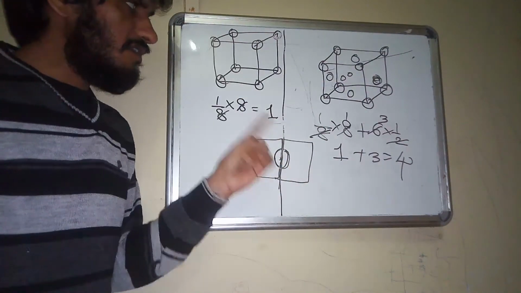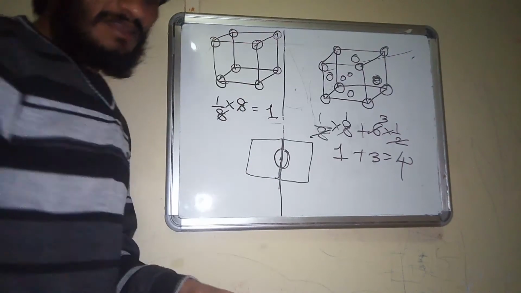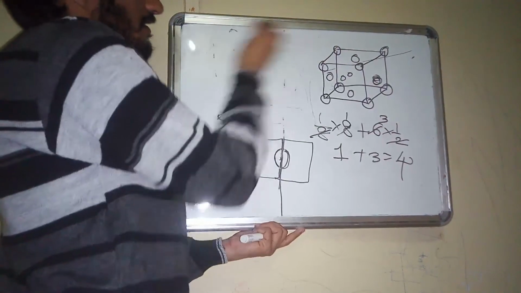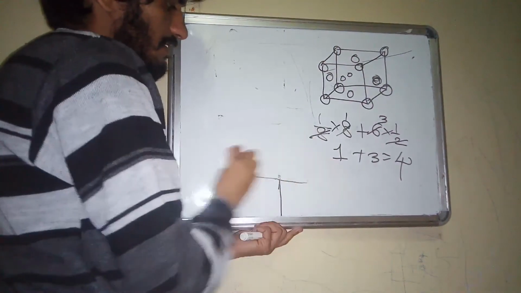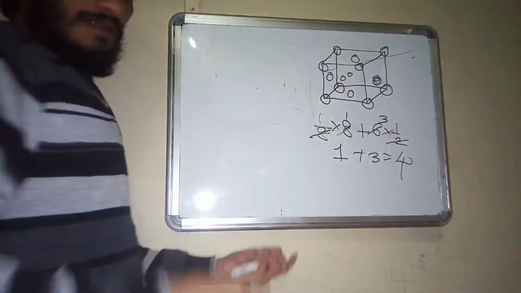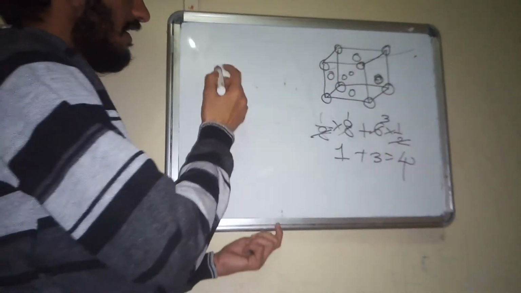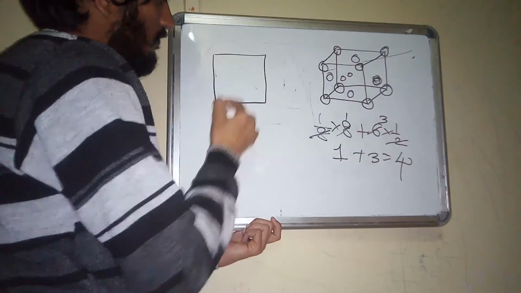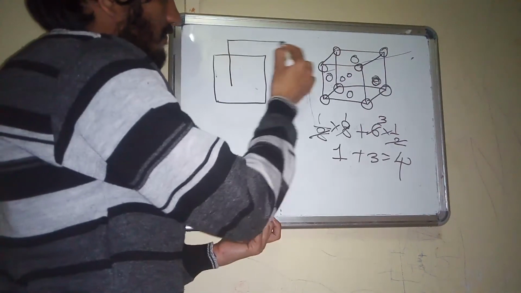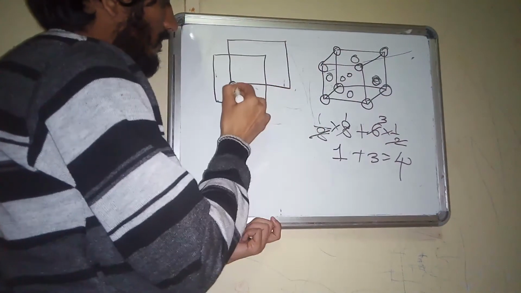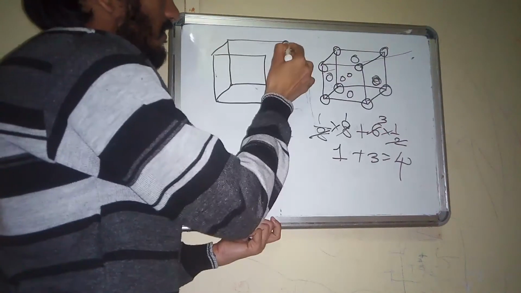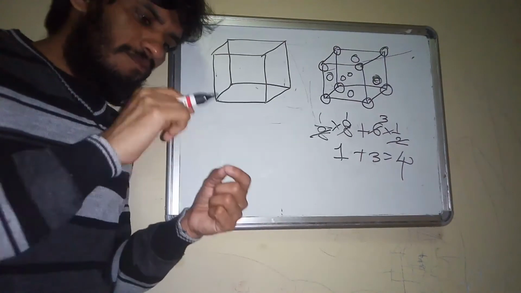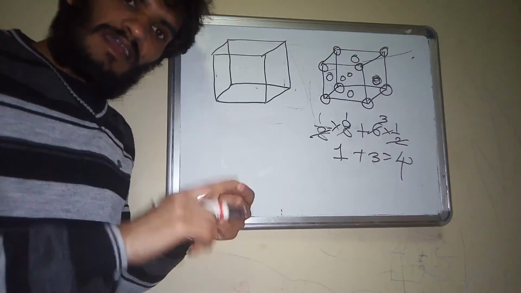And the next one is very, very important. The last one is the end centered unit cell. Now see here, what is end centered? I am going to draw a cubic unit cell. In earlier classes I have explained that centered unit cells can be divided into 3 types. What are those 3 types? Body centered, face centered and end centered.